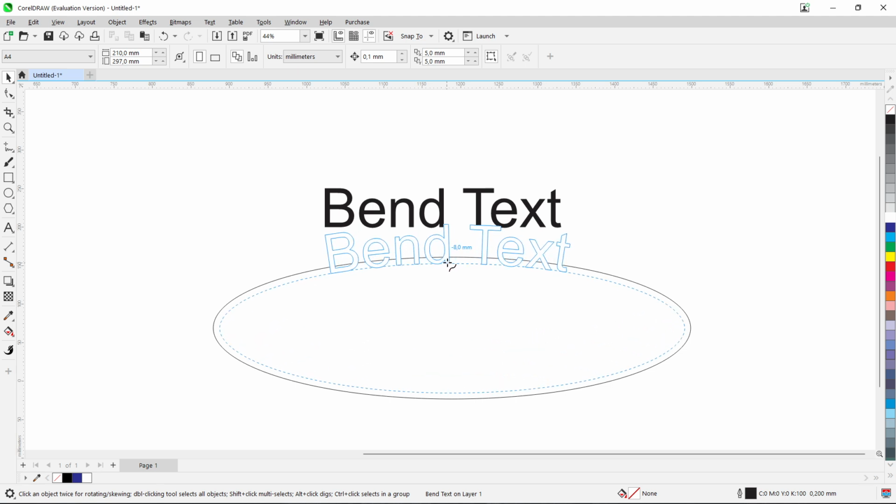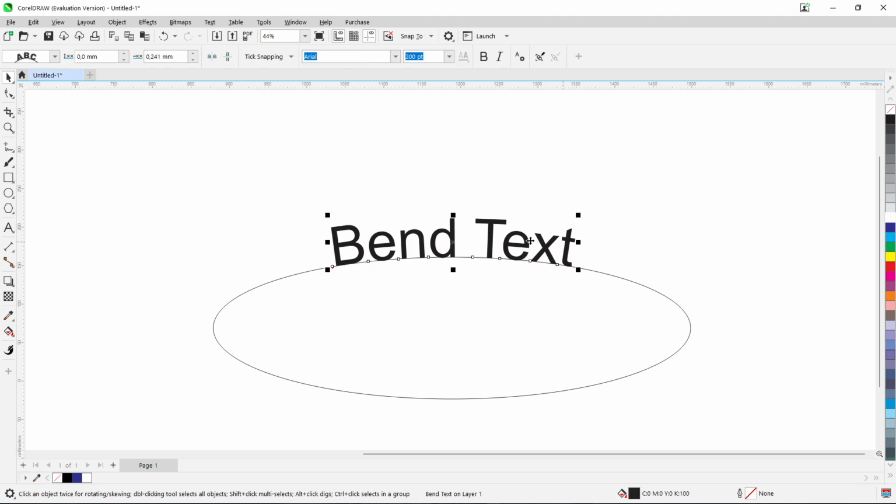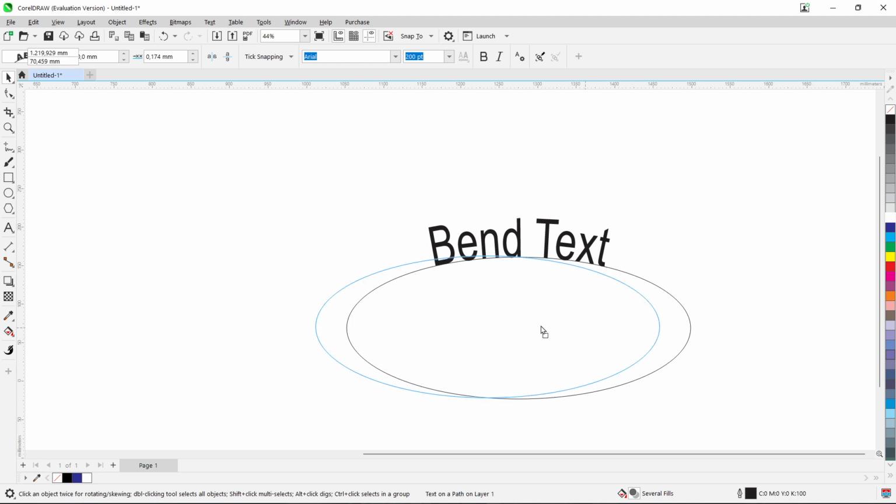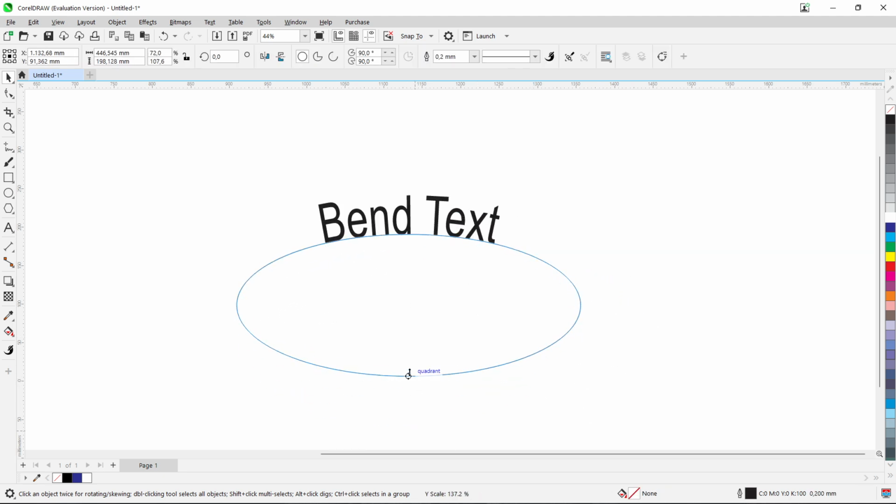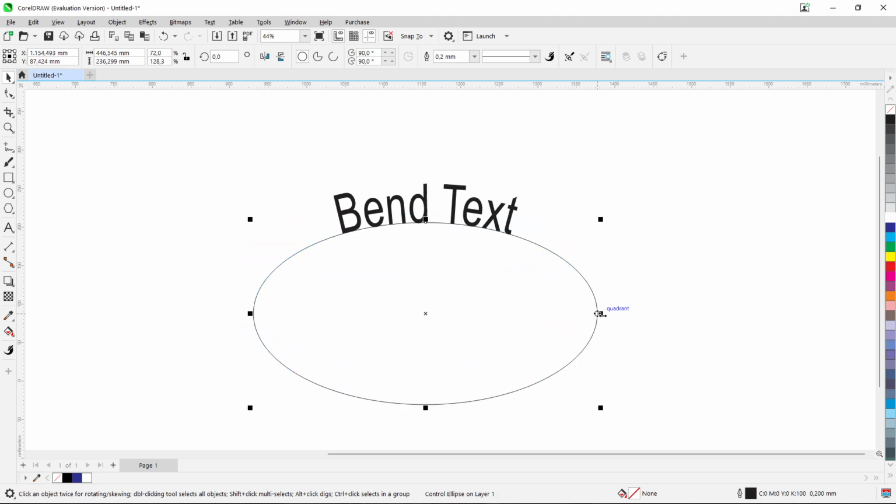So for example, let's say this is what I want to achieve. I'm just going to click on here, and there we go. The text is now kind of bent. I can go to the select tool, select the ellipse, and of course I can always go and kind of change this, and it's going to always show me a kind of preview of what it's going to look like. So for example, if I just change this like that, it's going to bend the text differently,